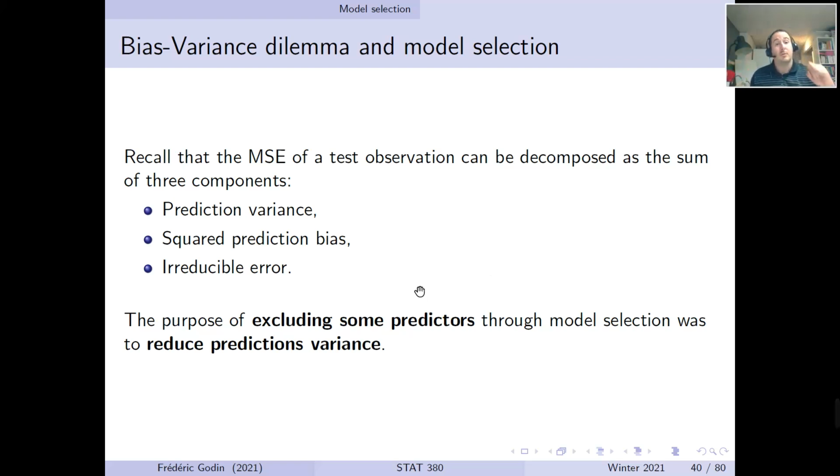Now, predictor or covariate selection is one way to reduce the variance of your predictions, but it's not the only one. So in the next part of the chapter, we will discuss shrinkage methods, which are other ways to reduce the variance of your predictions, but this will be for the